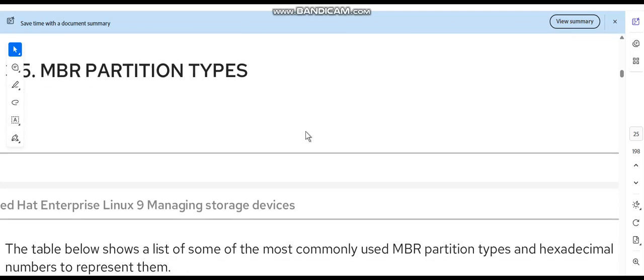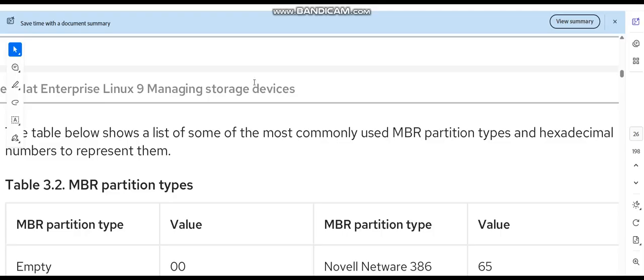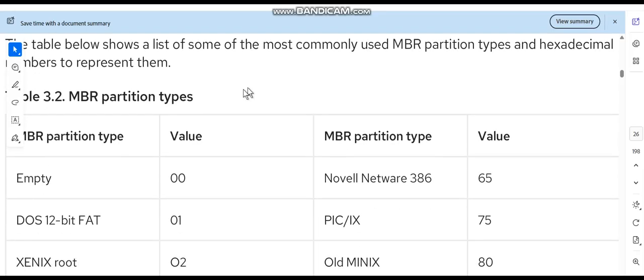MBR partition types. The table below shows a list of some of the most commonly used MBR partition types and hexadecimal numbers to represent them. MBR partition type empty, value 00, DOS 12-bit FAT 01,